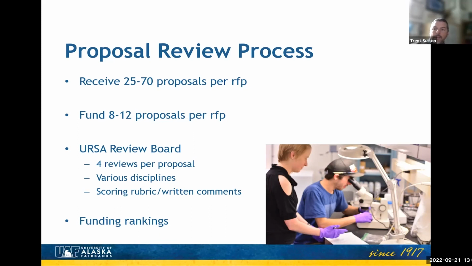But once the proposals have been received, we will go through them and make sure all the different components are addressed and do a little bit of quality control on those. And then we send them out to the URSA review board. The URSA review board are faculty at UAF. Each proposal gets 4 faculty reviewers.